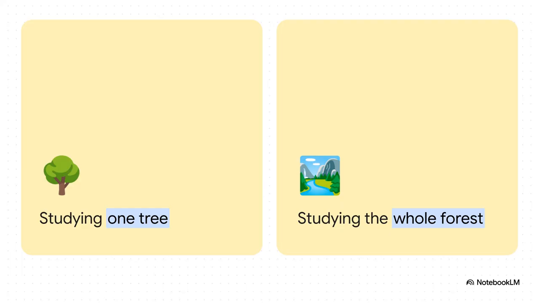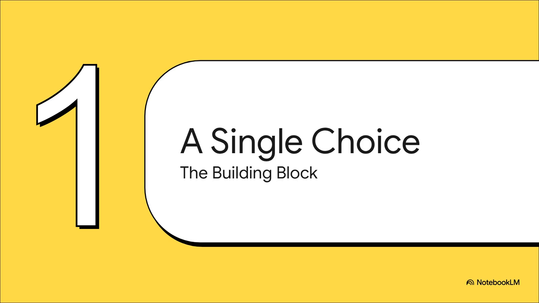Okay, to really get a grip on this, let's use a super simple analogy that'll stick with you. Think of microeconomics as studying one single tree. You're looking at its health, its branches, how many leaves it has. But macroeconomics, that's when you step way back and look at the entire forest, the overall climate, the health of all the trees combined, and the big patterns you can only see from a distance. So let's start by using that zoom lens.